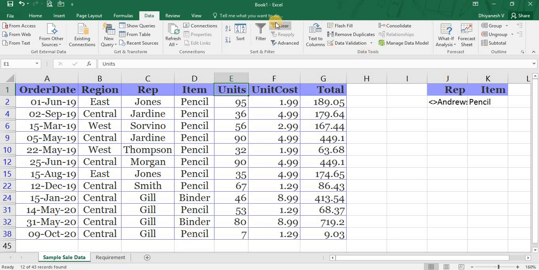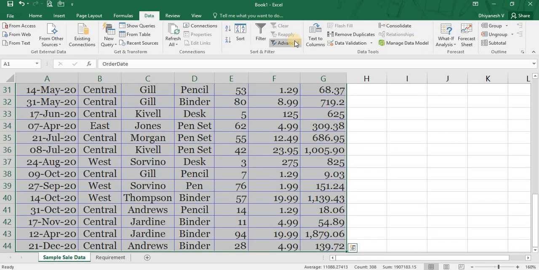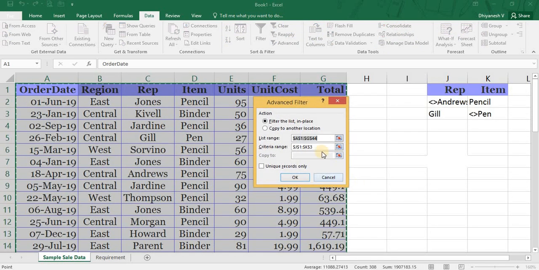So this is how you can use the advanced filter option. This is filtering in the same place. In order to explain how to use the filtering with copy to another location, the data and other processes are the same. Select the list range, and the action should be copy to another location to be specified by you manually. So the list range is the same.